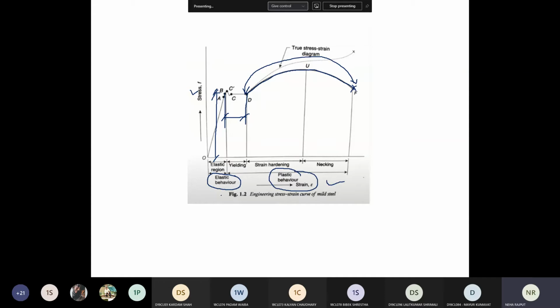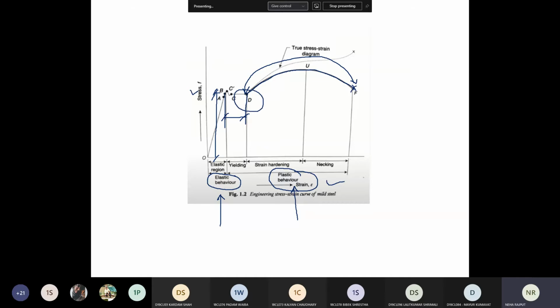Right. The simple difference between elastic and plastic is: in elastic the linearity is formed, stress is proportional to strain, and if you remove the load it will again reshape its position. In plastic behavior, once the elastic limit is over, beyond the elastic limit your material starts yielding, right? And it will yield up to its maximum yielding point.